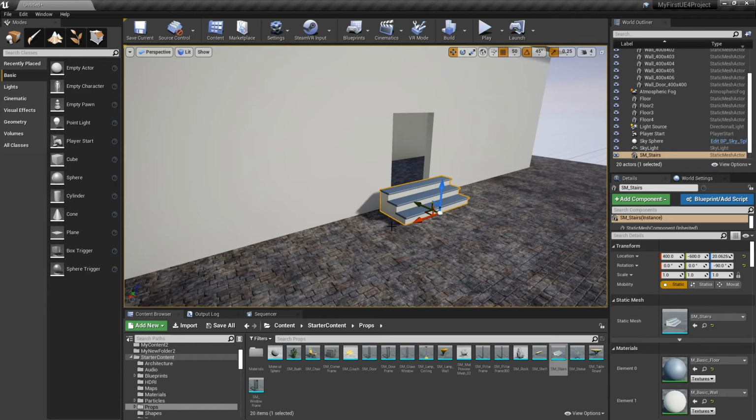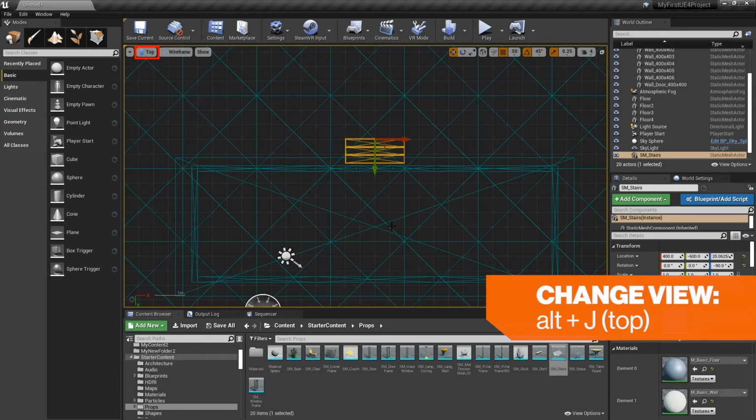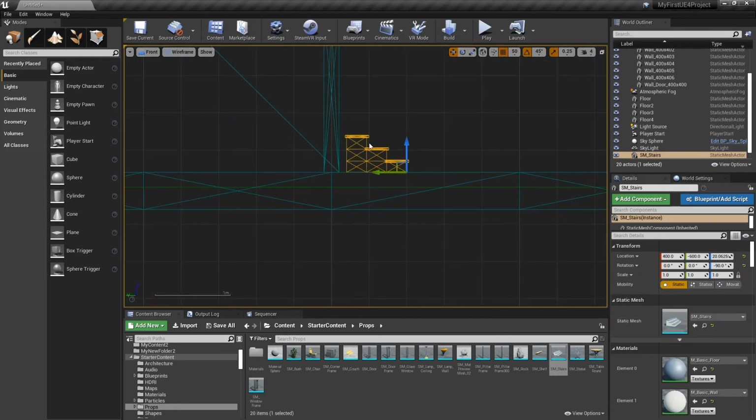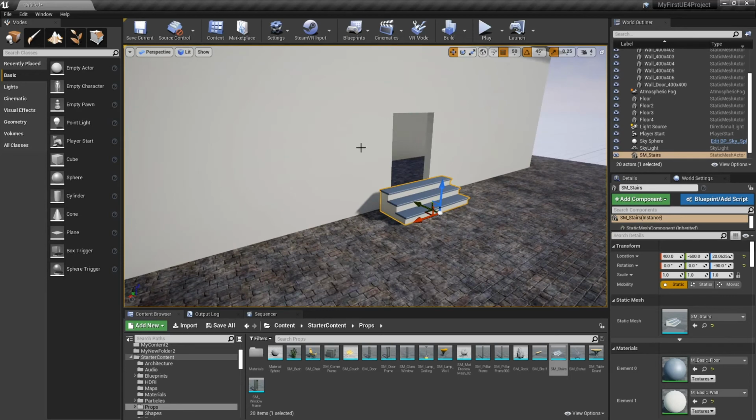You can hold down the Alt key. I just hit Alt H, there's Alt J. So H, you can see, is a front mode. And if I just middle mouse drag, it'll let me see. So right now I've got snapping on, but I'm just going to turn off snapping for a second. So this looks like it's about 50 units. It's 47. It's close. So let's turn that back on. And we'll just go back, Alt G, to go back.